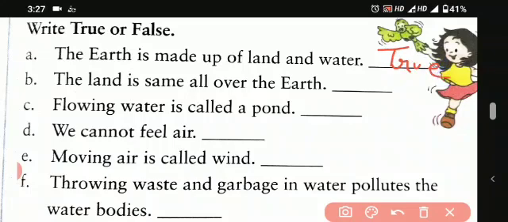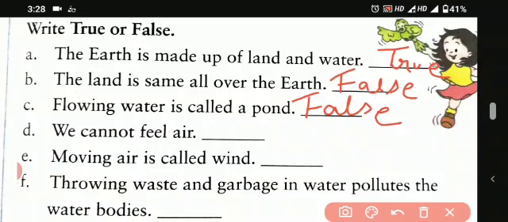The next one: the land is the same all over the earth. This is false. The third one: flowing water is called a pond. No, flowing water is called a river. That means it is false.